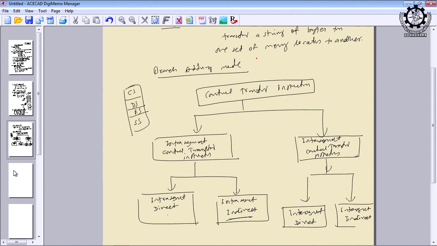So, these are called branch addressing modes. Why? Because these are applicable to all branch instructions. Even calling a subroutine is a branch instruction. Jumping from one place of the program to another place, forward jump or backward jump, is also a control transfer instruction. Is it okay? We shall see all the types of branch instructions when we go to the different types of instructions. Now, this is the exhaustive set of addressing modes we discussed. Now we have to see which instruction falls under which addressing mode.